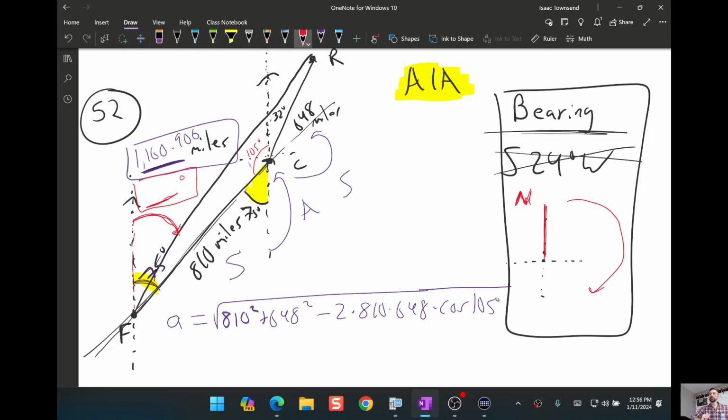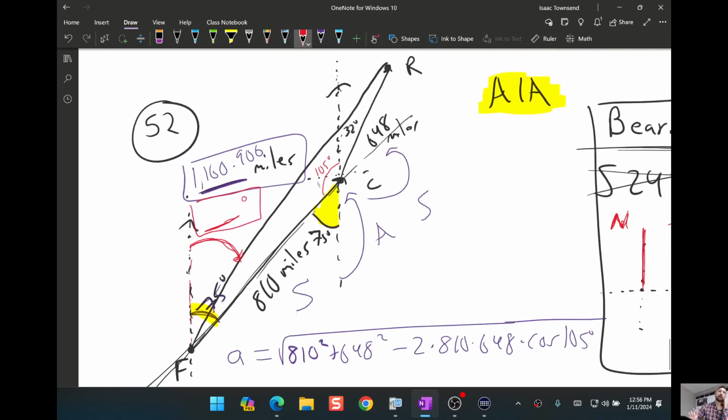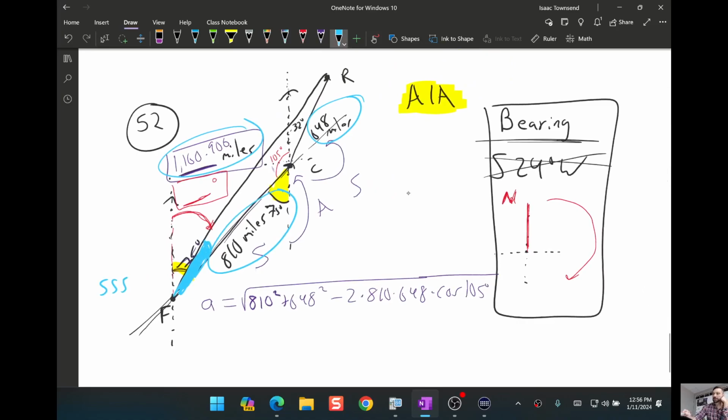Now, you might be able to go about this another way. But what I realize, and again, I know my picture is very busy now, it may have helped if I had started with a bigger picture. But at this point, I know 1, 2, 3 sides. So that's side, side, side. And law of cosines can be used with side, side, side to find an angle. So I'm going to use that to figure out how big this angle of the triangle is down here at F. Because I know this whole turn was 75, and the bearing is going to be 75 minus whatever this little bit is. So to find this angle F,